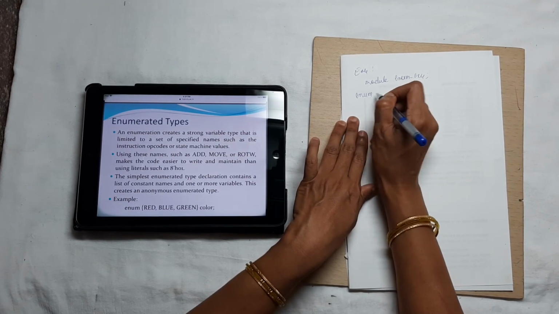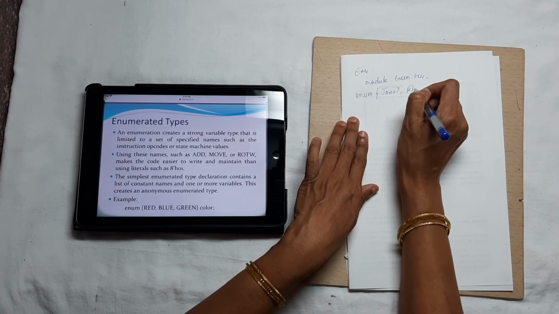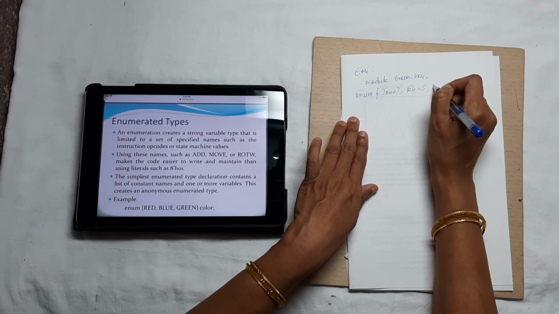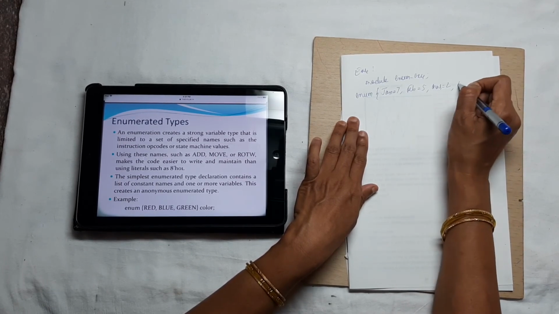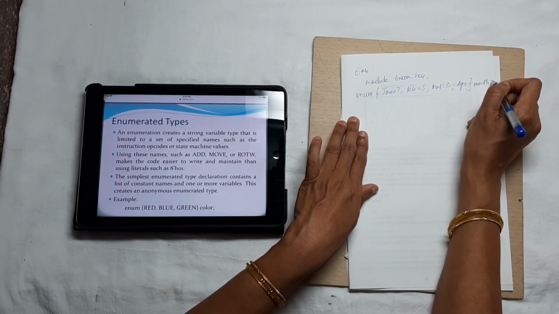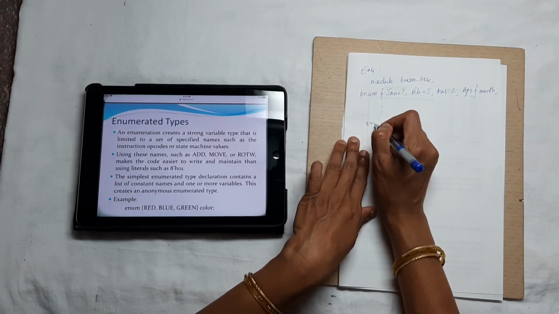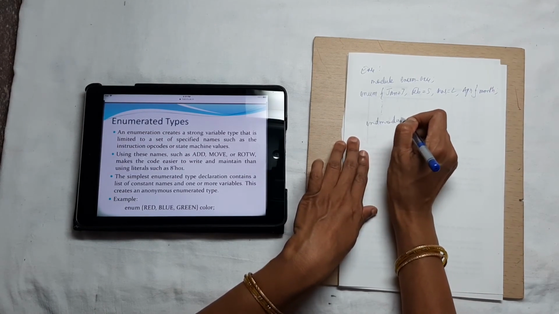Now enum we declare as Jan=7, Feb=5, March=2 and then April as it is. The name is month. The remaining statements are the same. Then we have the end module.